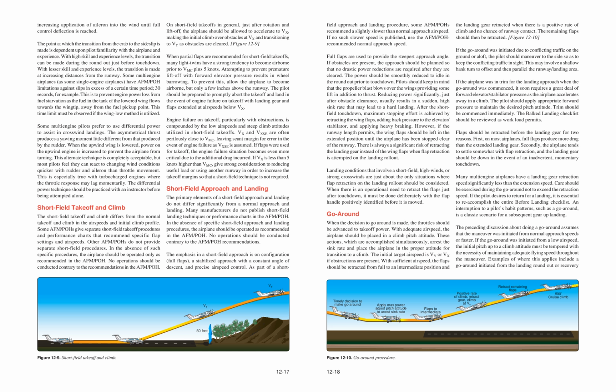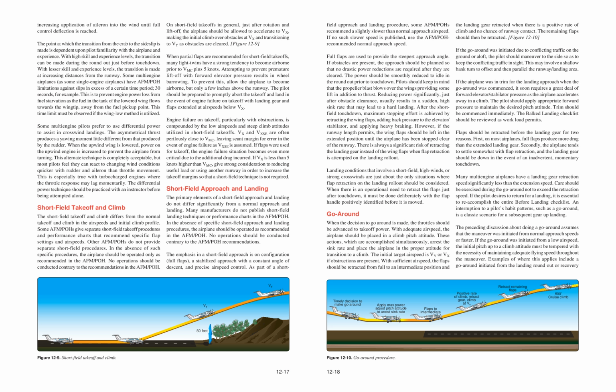The preceding discussion about doing a go-around assumes that the maneuver was initiated from normal approach speeds or faster. If the go-around was initiated from a low airspeed, the initial pitch up to a climb attitude must be tempered with the necessity of maintaining adequate flying speed throughout the maneuver. Examples of where this applies include a go-around initiated from the landing roundout or recovery